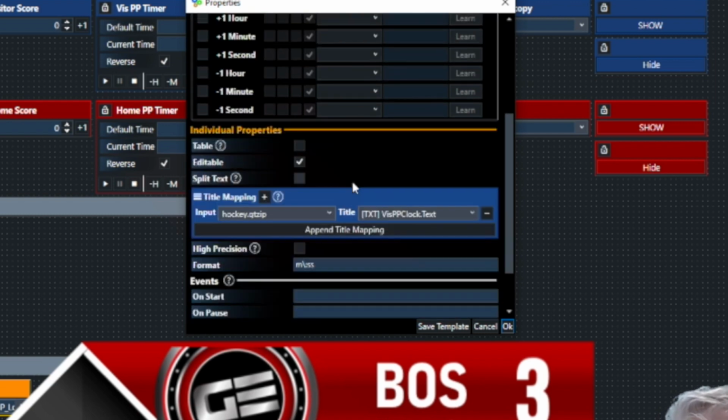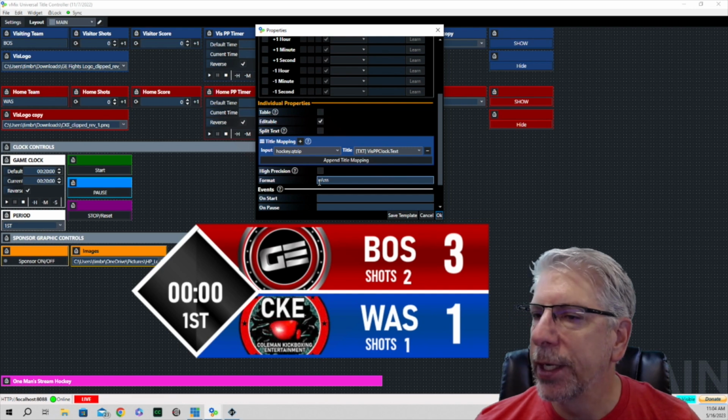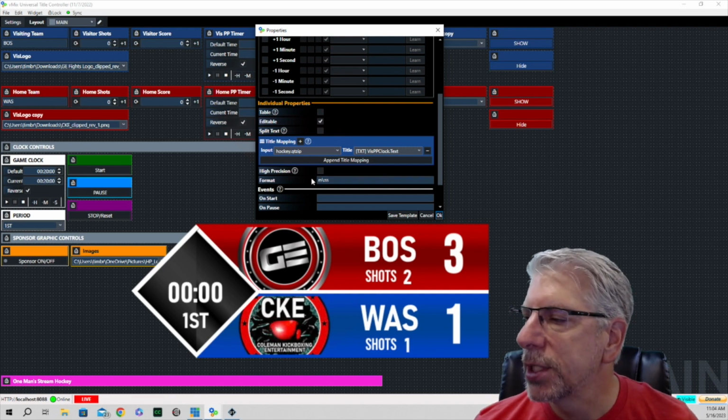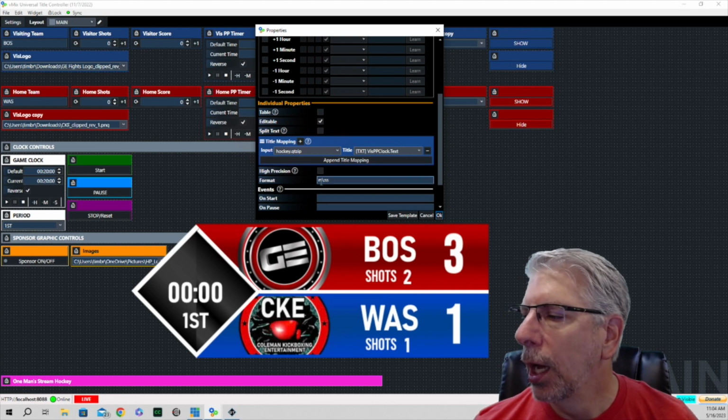minute. We came down here and we had to map the graphic. We mapped it to the hockey graphic, and then we mapped it to the visiting power play clock portion of the graphic. Under format, we chose minute, colon, SS, and that's just going to give us the minutes and the seconds. If we would have chosen minutes here, instead of displaying 3:00, it would display 03:00, and I just think it looks cleaner not to have that leading 0. So I've been using the minutes